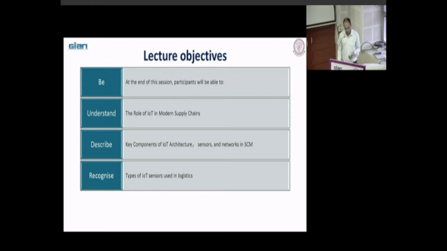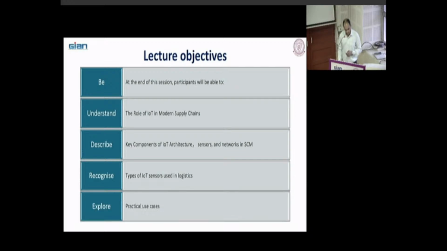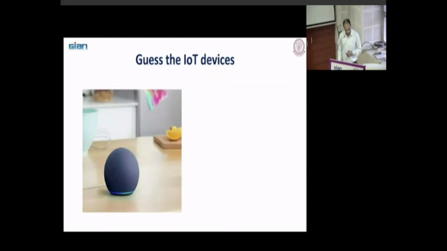So I will show you a couple of pictures here, and let me know the name of that IoT device. What is it? Alexa. What does it do? It uses our voice commands, and then it will process those commands.